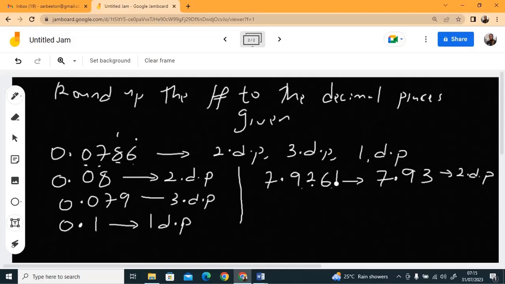Is it up to 5? No, it's not up to 5. It's just 1, so it's 0. You don't need it, so it's returned to 0, and 0, you just clear it off. So what you have here is